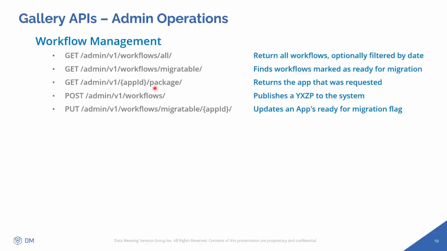As a user, you have the option to download workflows, and as an admin, you also have the option to publish a workflow to a specific studio, as well as finding workflows that are marked ready for migration and update that flag. So the idea here is if you have two environments, a dev and a prod environment, you'll be able to do the migration of workflows from one environment to the other, all using APIs. Okay,